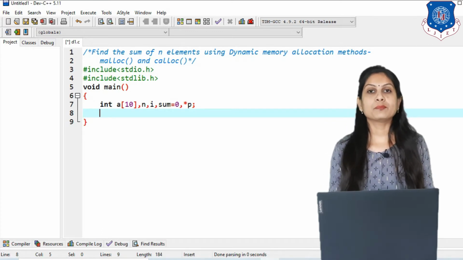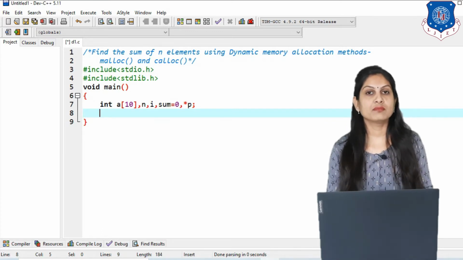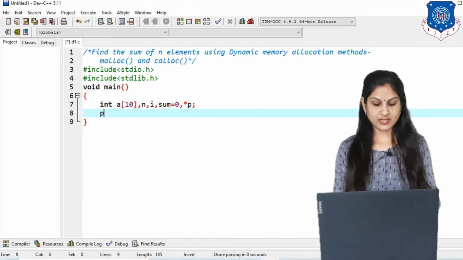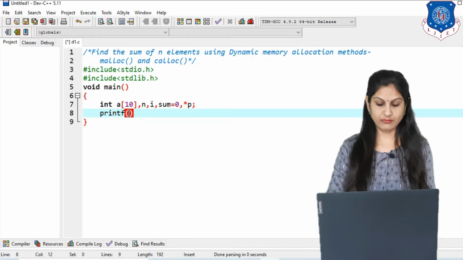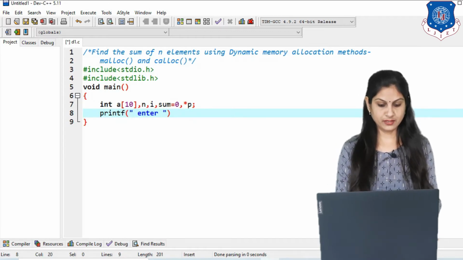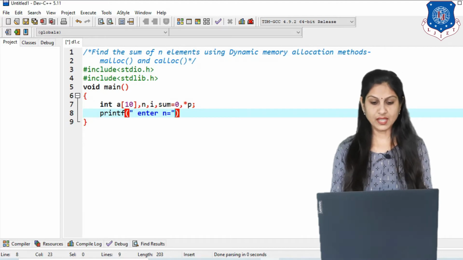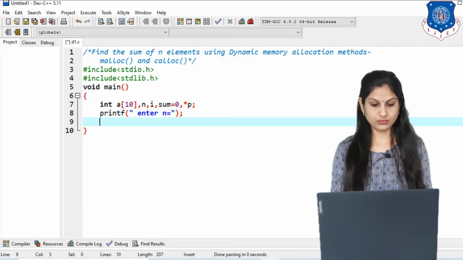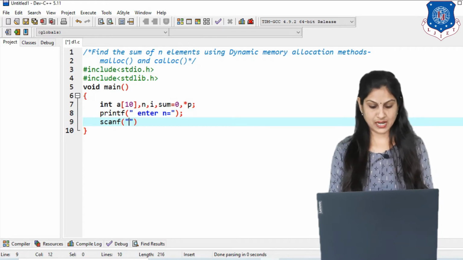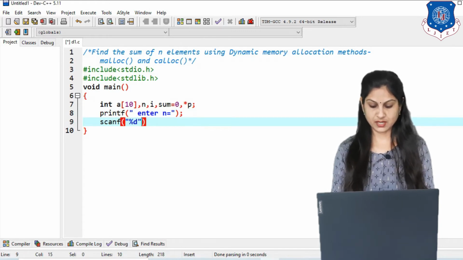So here the concept is dynamic memory allocation, meaning we can allocate memory at runtime. For that we write printf with a message like "enter n", and then read the n value using the scanf function. In scanf we write %d for an integer and then &n.